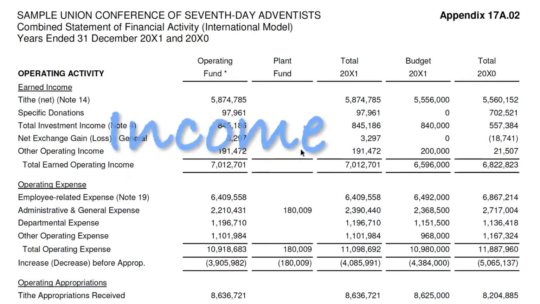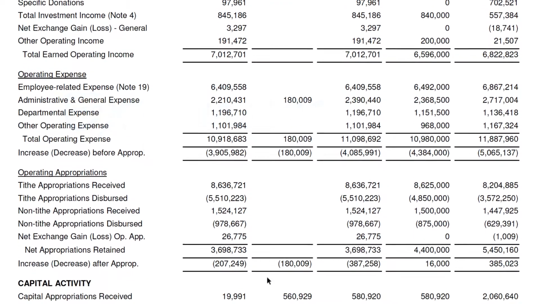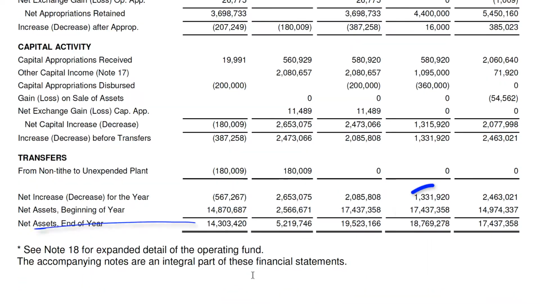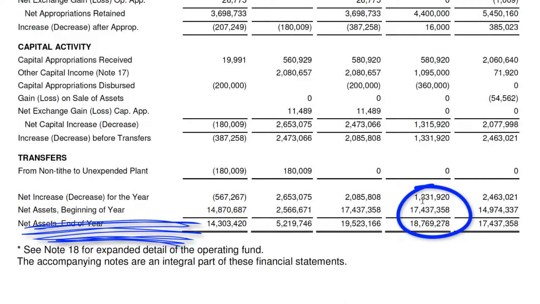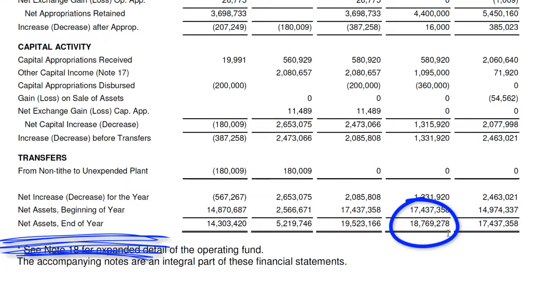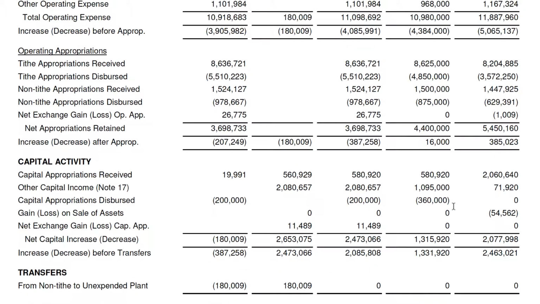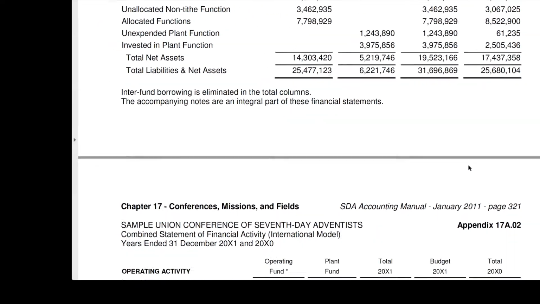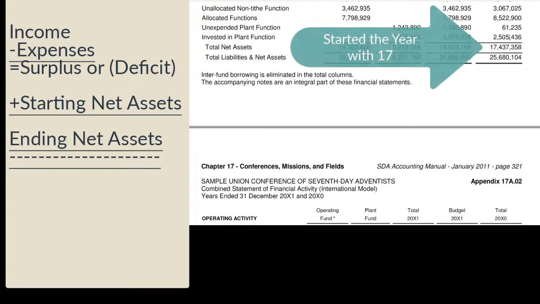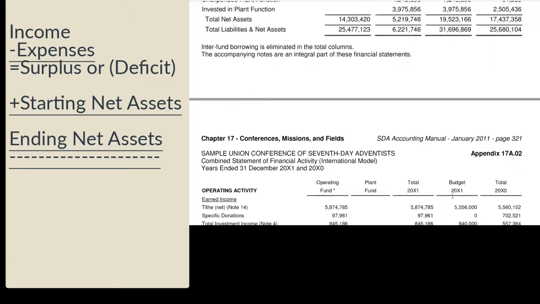We brought in money, we spent money, we combined it with what we started with at the beginning of the year, which is 17, and ended up with 18. Just to make it clear, let's go through it one more time. We started the year with 17 in net assets. 17. We brought in